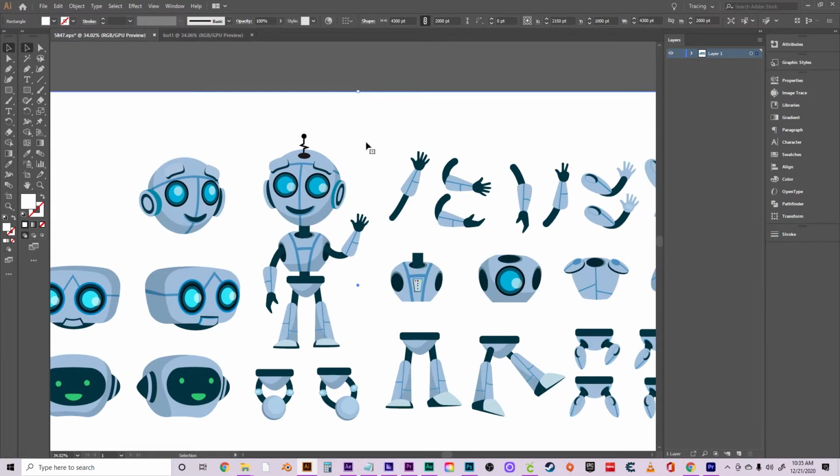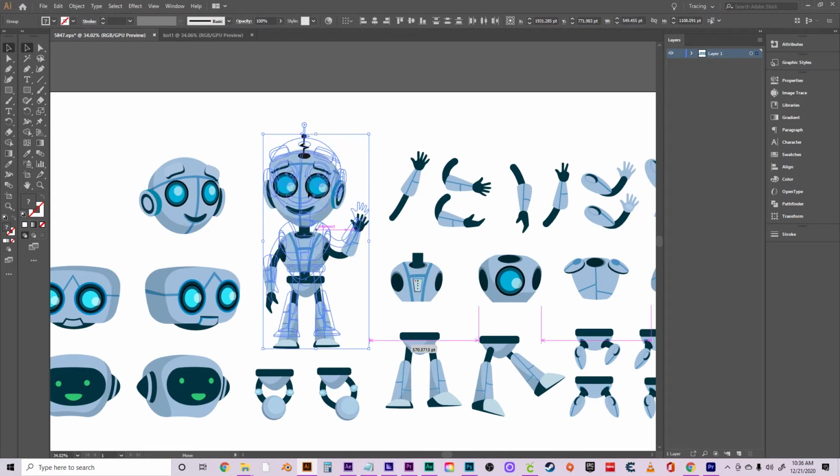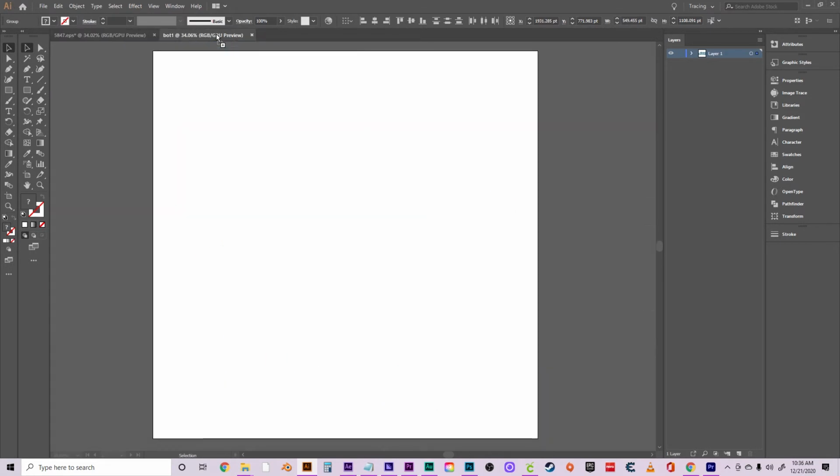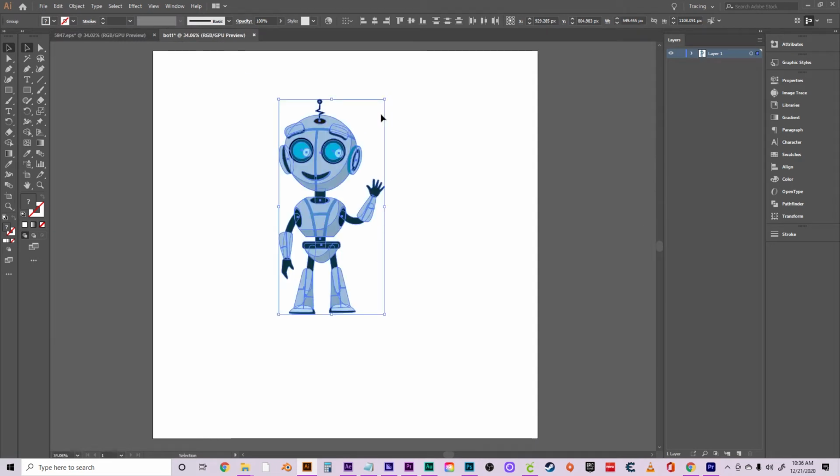Alright, so there is some sort of a clipping mask or something. You can see this when you try to click and drag over it. So just go ahead and hit delete on your keyboard and get rid of that. Should enable you to just click and drag over the entire robot in one group. Beautiful. So what we'll be doing is just dragging this entire character up into the other canvas and just dropping